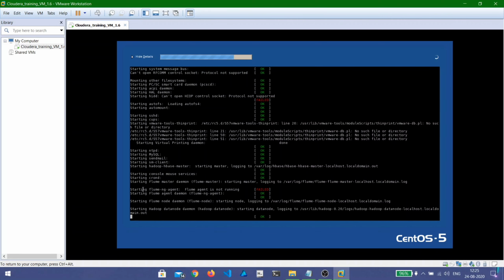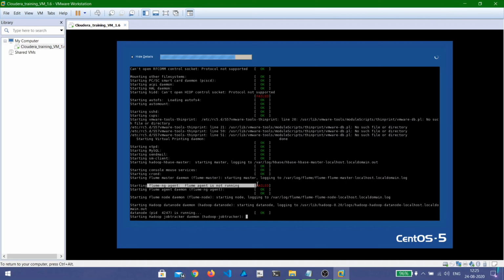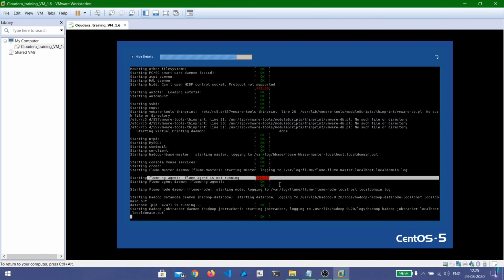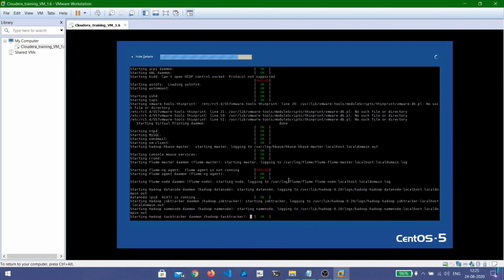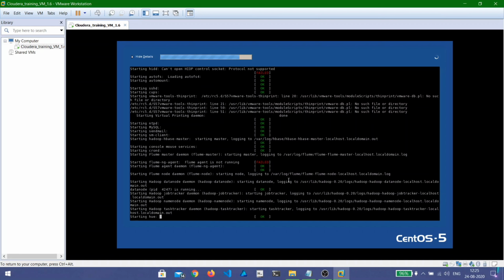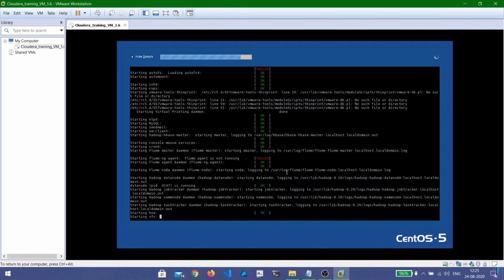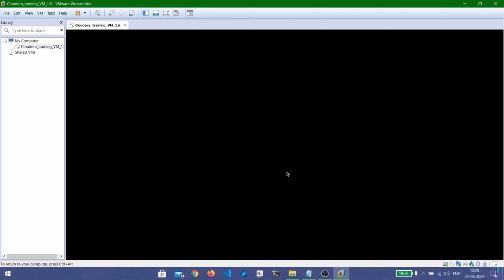Many of us get this failed process, which says the Flume agent has failed. It is not running. So don't worry. This is common for everyone who is installing this. This module can be activated once we have booted into Linux. This will be explained by our Mahesh sir. Don't worry. It auto logins, so do not enter any login credentials either.